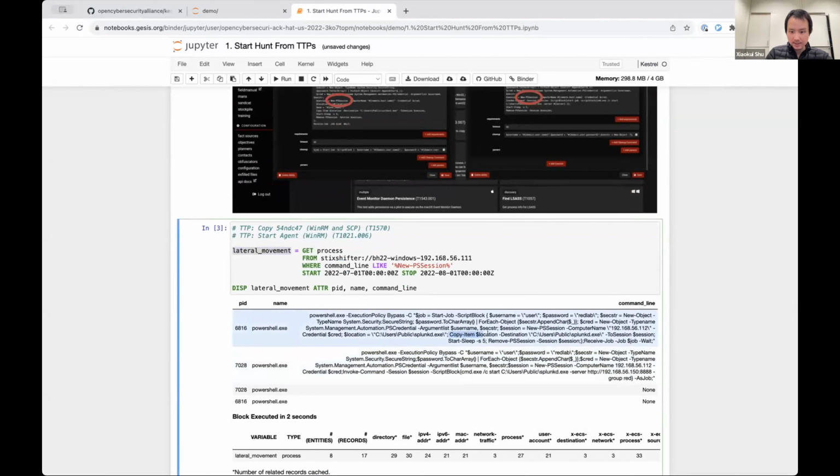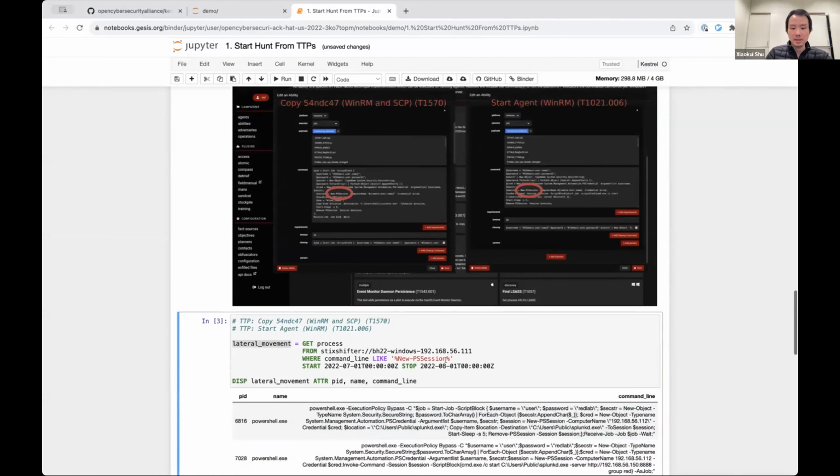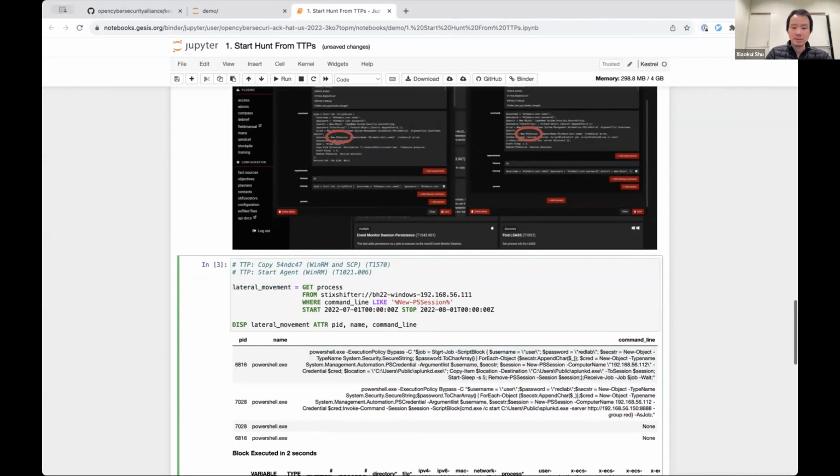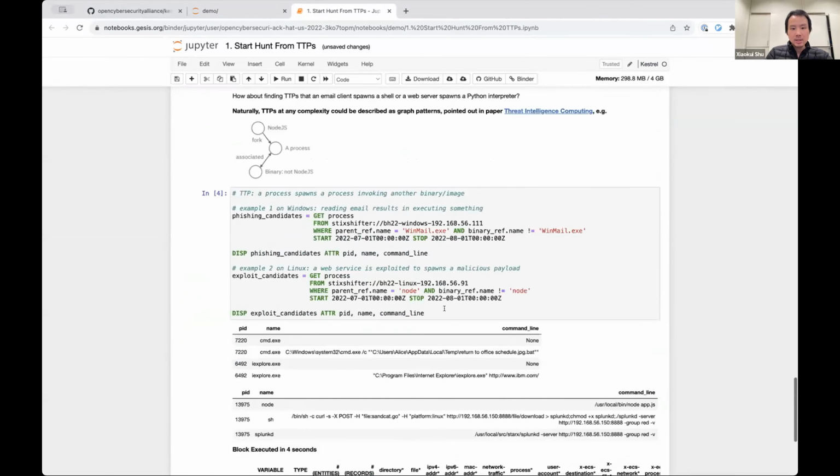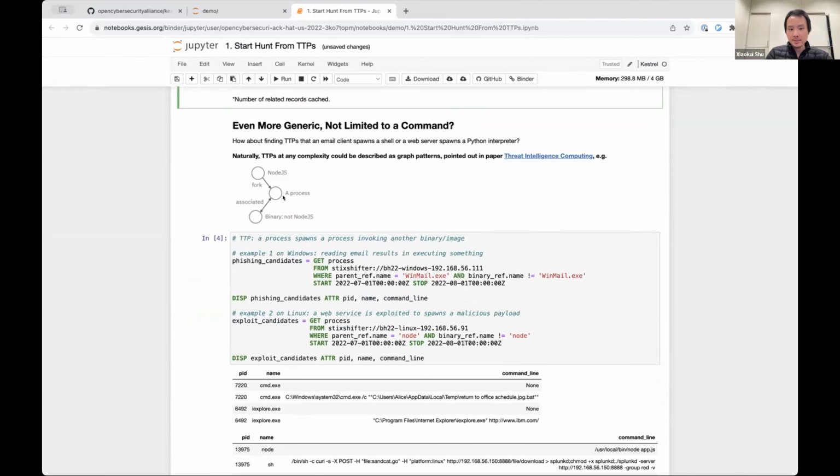So you can see this is the first step of lateral movement. This is the second step that starts a new process. Since they have things in common, we can write the IOB pattern to match both of them. It's still very simple. This is a little bit more complicated. I think this is something